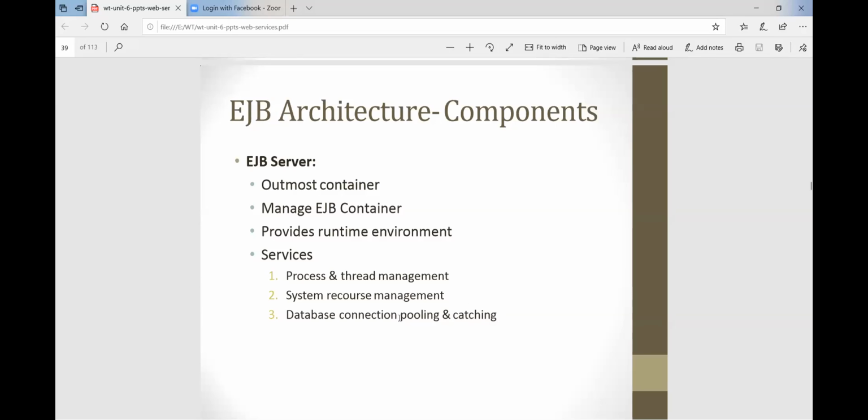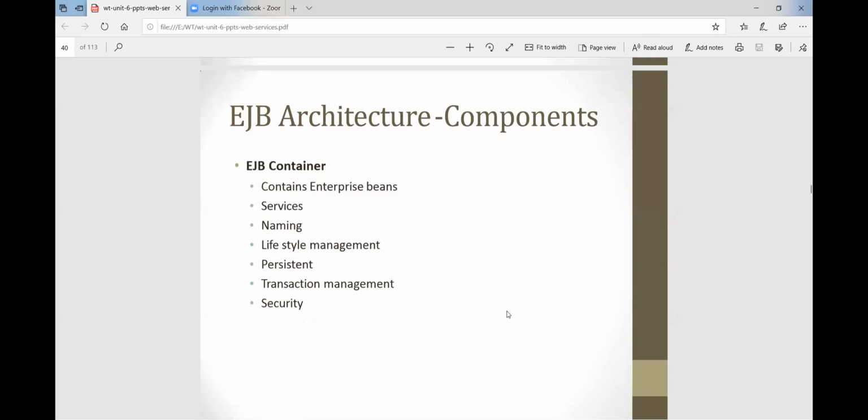Database connection pooling is also about triggering: whatever runtime dynamic changes are going on, when triggered, they are stored into the database immediately. That is a triggering background process. So these are all services provided by the EJB architecture components: first process and thread management, then system resource management, database connection pooling and caching. Then the EJB container, which contains enterprise beans, provides many services.